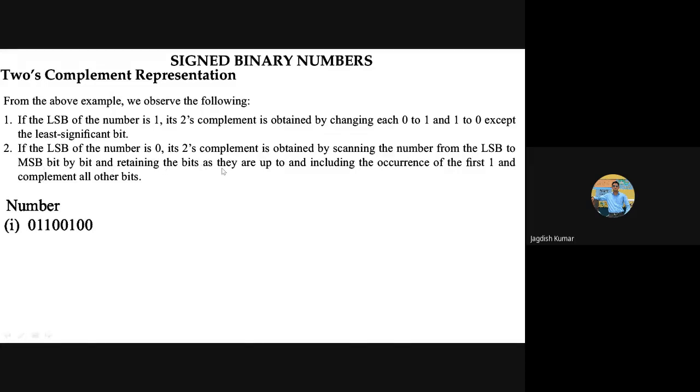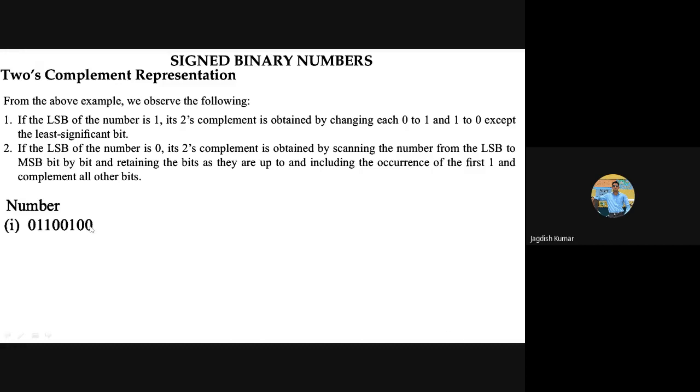and retaining all the bits as such up to what? Up to a location or a position where the first one appears. So in this number, where does the first one appear? So this is 0, this next one is also 0, this is 1. So this is the first one appearing on the third place from the right, correct? So up to this point, we will keep everything as such. This is what it is saying. Okay, up to the first one and the remaining bits, we have to keep all of them as such.